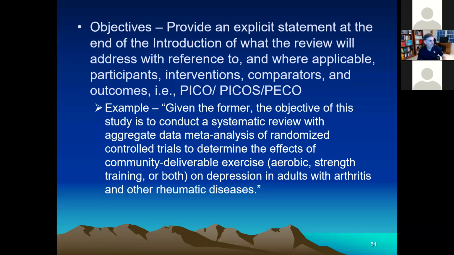El resultado principal de este estudio, que sería la O para outcome o resultado, va a ser depresión. And the study design and or study setting is going to be community deliverable exercise, and they're going to be randomized controlled trials. Y la S en este caso tiene que ver con las características del estudio, que van a